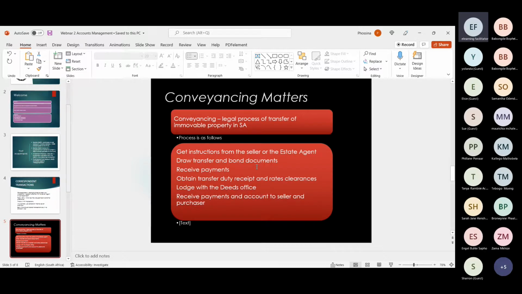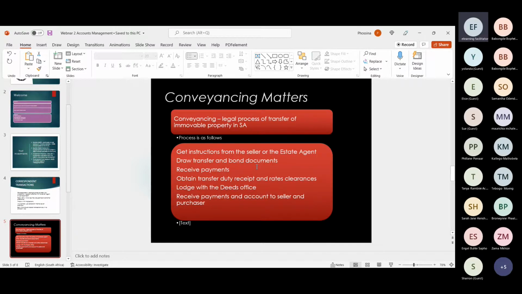Okay, so when the attorney receives these documents, he also, from his side, has to draw documents, and some of the documents he passes on to the bond attorneys. And he has to receive money, and the money that is received is received in the trust account. So you would usually find the purchaser has to pay a deposit while waiting for a bond to be approved. Such a deposit is paid into the trust account,